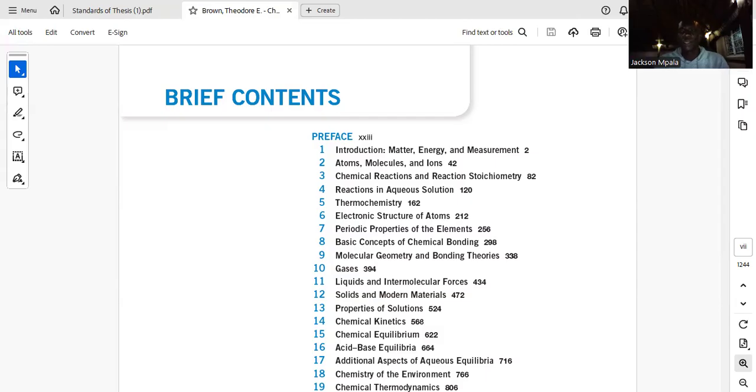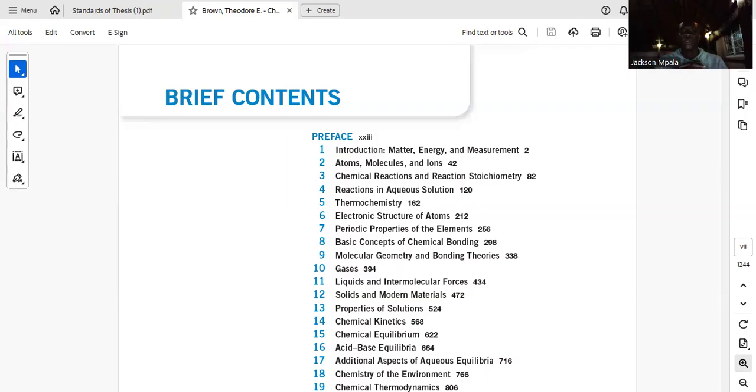So you see then into chapter 2 from page 42, we are going to dive into the atoms. So we shall be at the atomic level and looking into molecules. So that pushes your mind back to your periodic table of elements and so forth. And also the anions or ions. So we're going to look into that from page 42 all the way to page 82. Then page 82, which is your chapter 3, we shall look into issues of chemical reactions, also looking into stoichiometry and so forth.